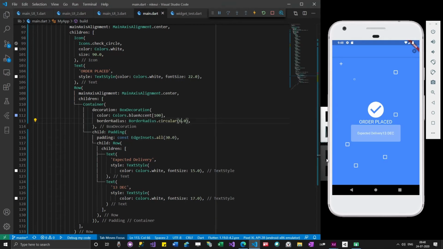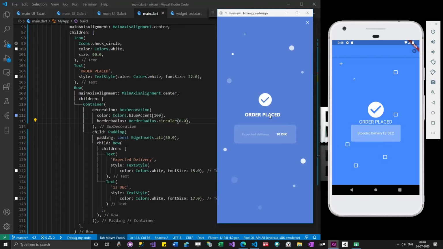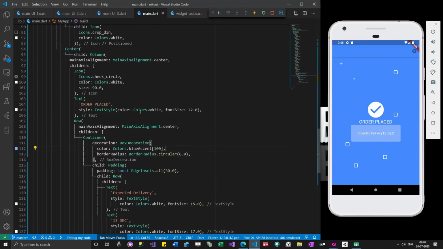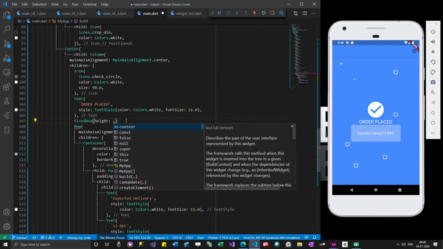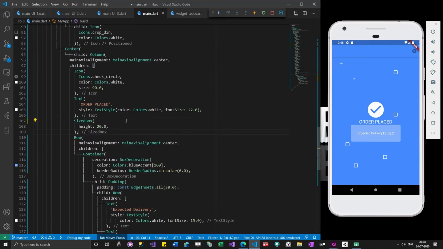Very much similar. Now I need some space between order placed and this container, and then some space between these two also. So I will add something called a SizedBox and then give height 20.0. Some space is added.